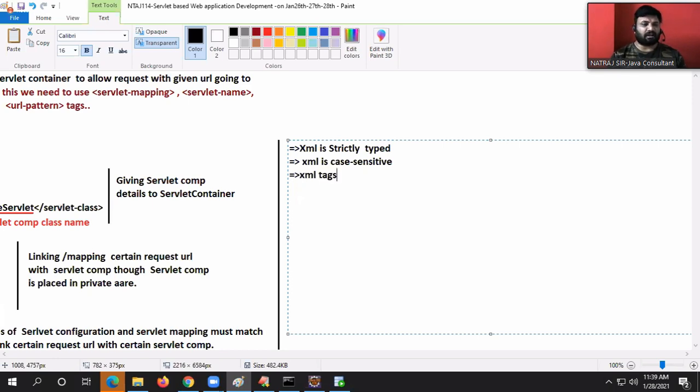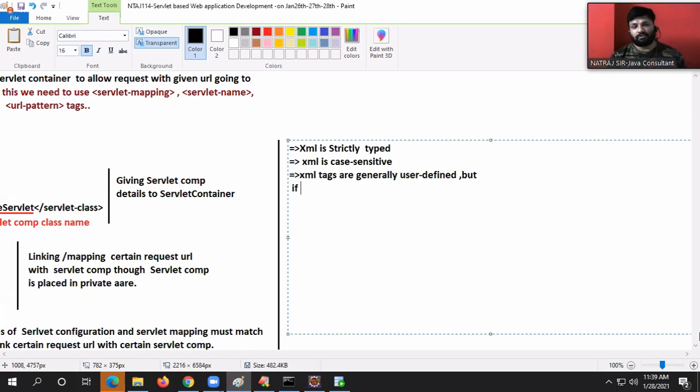XML tags are generally user defined. Are you understanding my point? Logical name, class name should be unique here, no doubt in that.